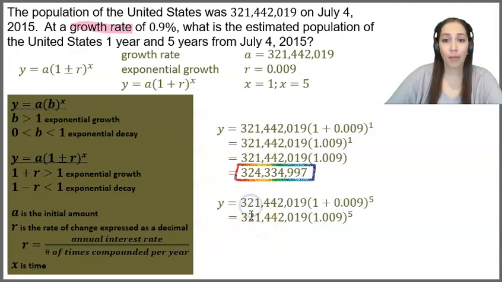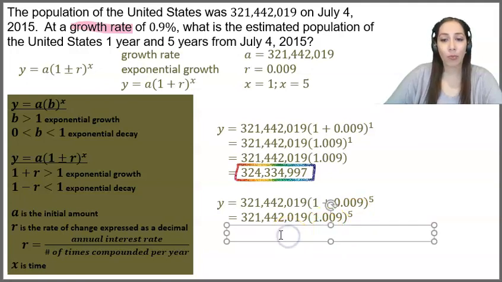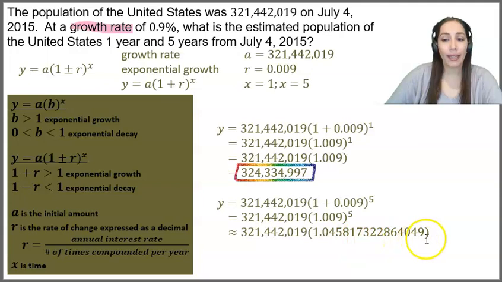So I start off with my first amount, y equals my a, times 1 plus my r raised to the 5th, because now my time is 5. We're doing the other problem now. Then from here, we have 1 plus 0.009. We get 1.009. That raised to the 5th power. I rounded it a little bit. Make sure you don't round your answer until the very end. So I rounded it off as much as my calculator went, which is how much I wrote down. From here, I'm going to multiply those by each other, and I get